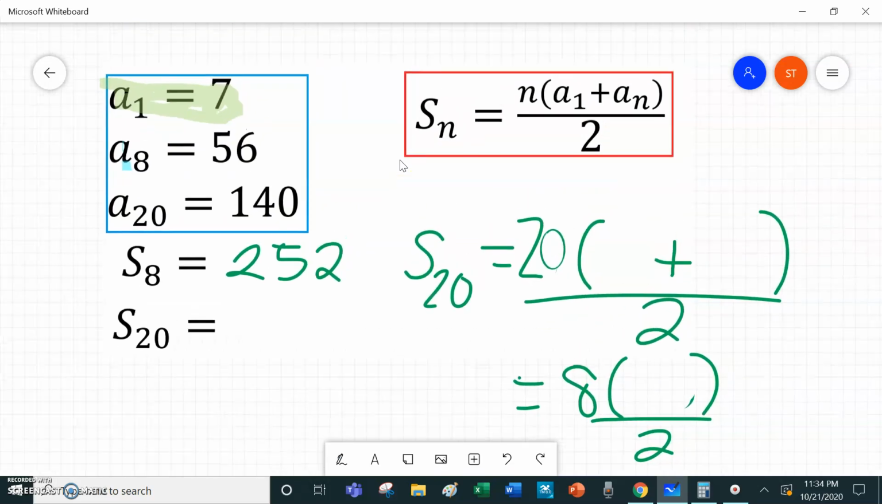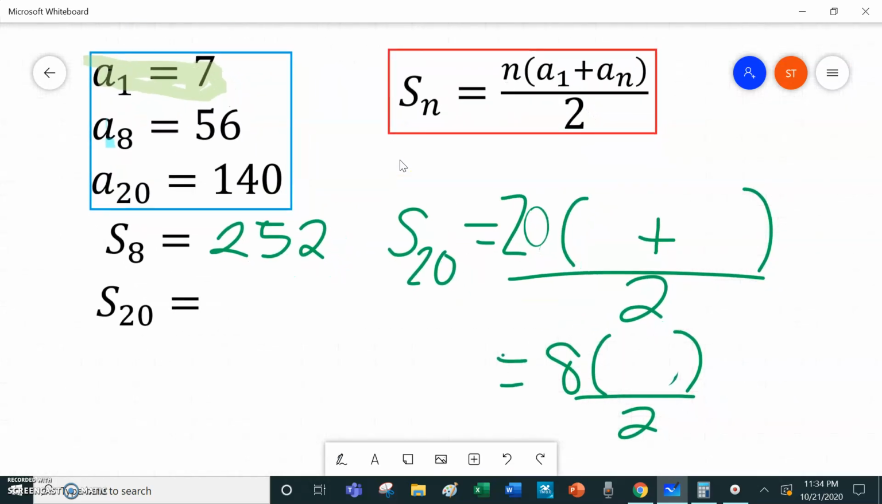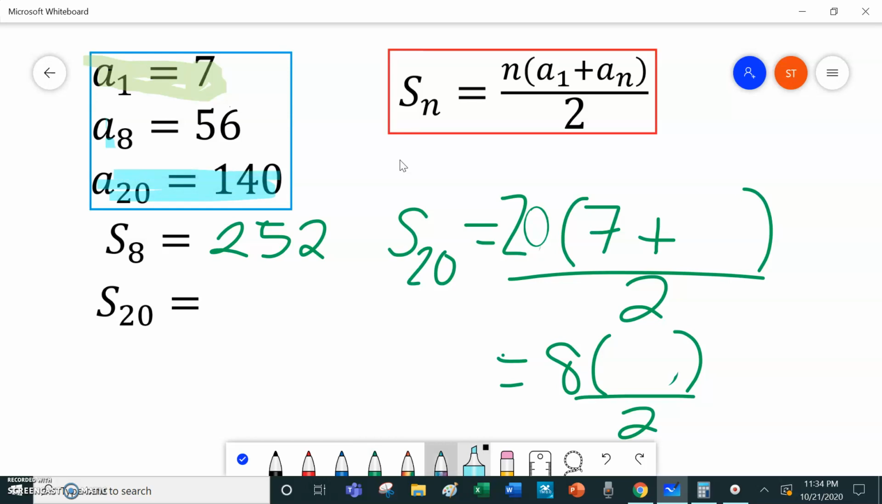If I go back up to my formula, my a1 value is still 7 because that is still my first term, but now my 20th value is 140. So that will be the number that I input here, 140. 7 plus 140 is 147. I have to remember to change that 8 to 20. So I'm going to multiply 20 by 147. And when I do 20 times 147, I get